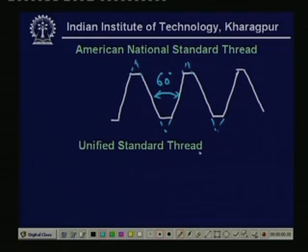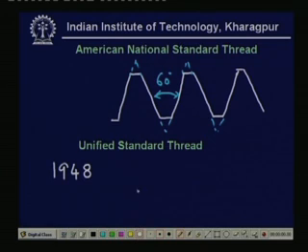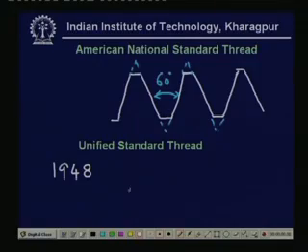The Unified Standard thread, in 1948, Great Britain, America and Canada came to one unified standard. And what is that standard? The profile looks somewhat like this. They take the different advantages of two types of threads, that is, the American National Standard threads and BSW threads. So, here the geometry is,